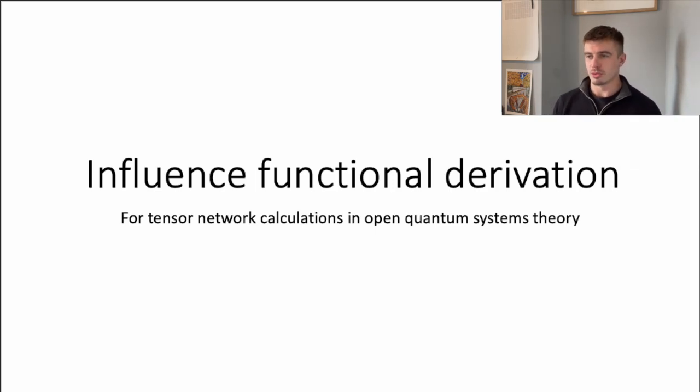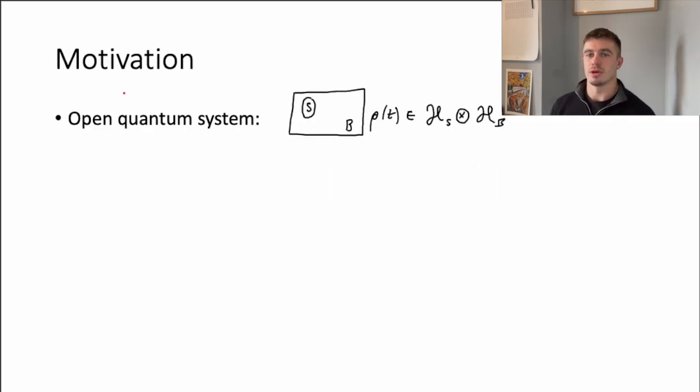In this video, I'm going to go through a quick outline of a derivation for the influence functional, which is something that we're going to need in order to track the state of an open quantum system using numerically exact tensor network calculations. A brief bit of motivation, we're going to consider that we've got an open quantum system, S,